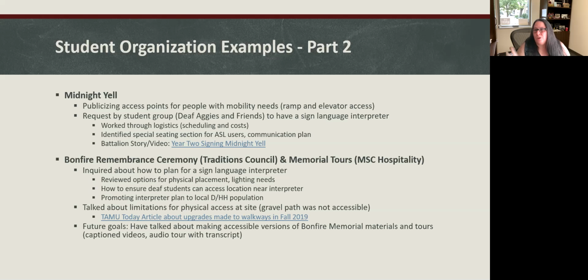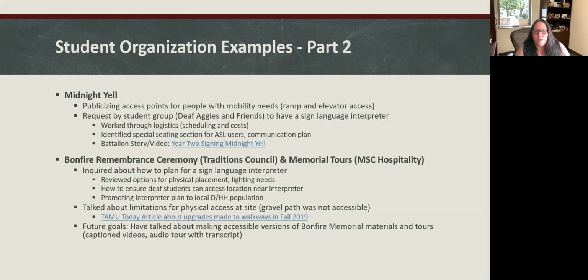And then making sure we're communicating that to the local deaf and hard of hearing population so they would know where to go and how to get there, and if they have questions, who to contact. We've also talked for many years about the limitations in physical access. That gravel path was really not accessible for people with physical disabilities, and they actually have done upgrades, so that there is now an accessible path to get out to the